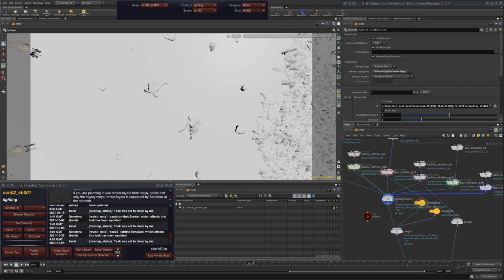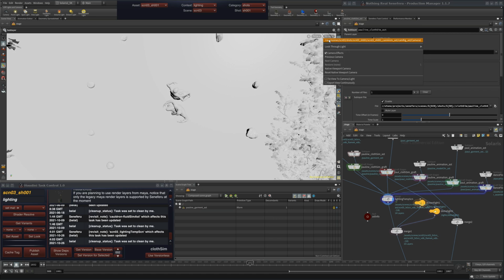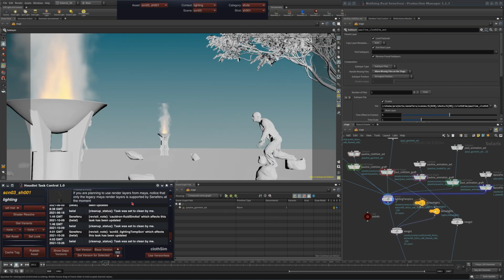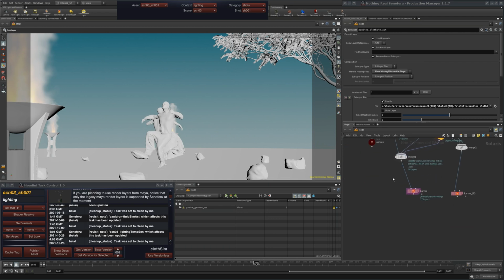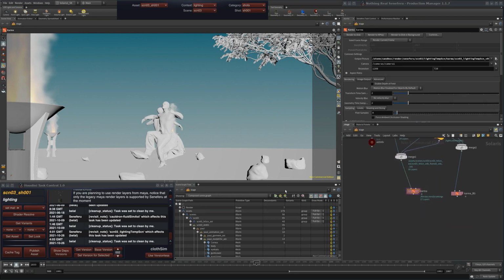And when everything is fine, you can just click on publish, and don't worry about the path of the render camera and the path of everything else, because Seneferu, as we said, will configure all these things for you based on the shot caches, so you don't need to worry about anything, and this includes the